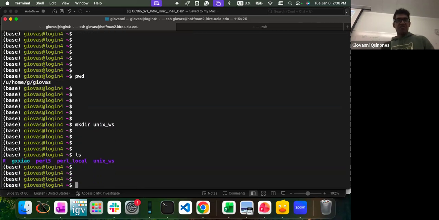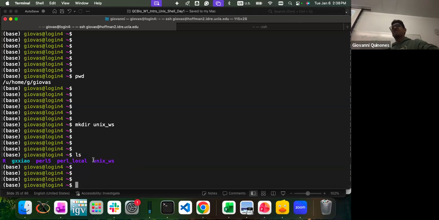Of course, in my home directory, I already have other folders. You don't have to worry about this. But here I have the folder I just created, Unix WS.